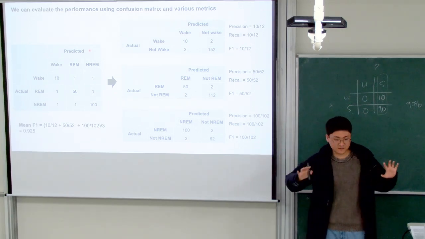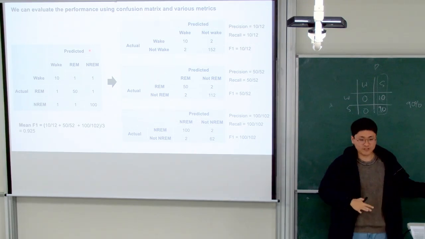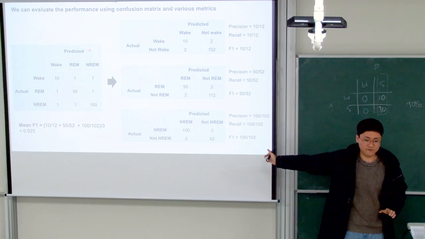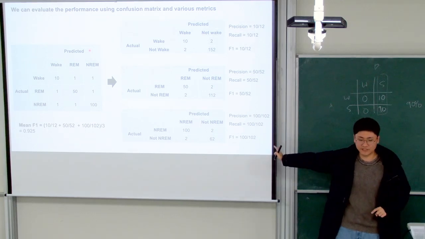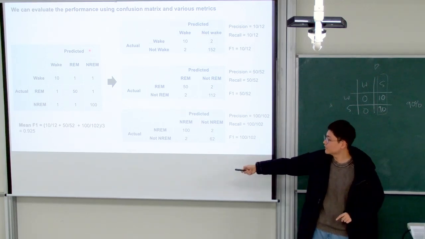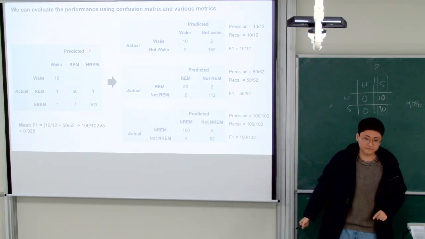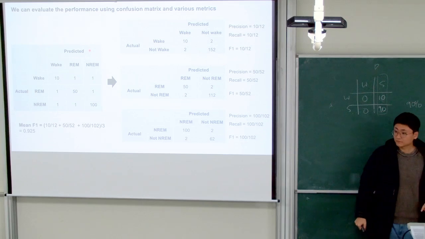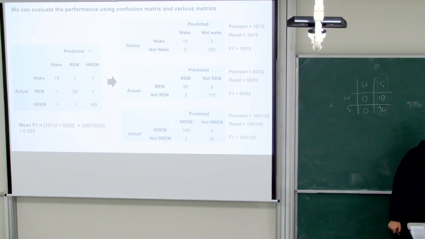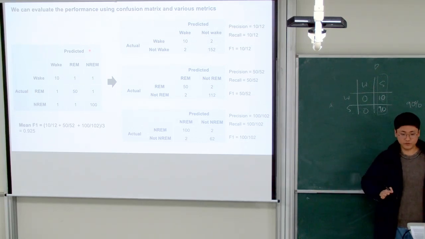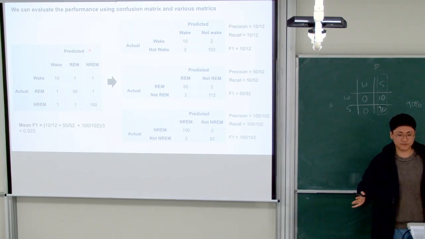Maybe someone said that we can give some weight according to the data they use, but the famous Python package, when we use the F1 value for this multi-class classifier, calculates the F1 value in this way. Maybe we can use this metric if you want to train a multi-class classifier.